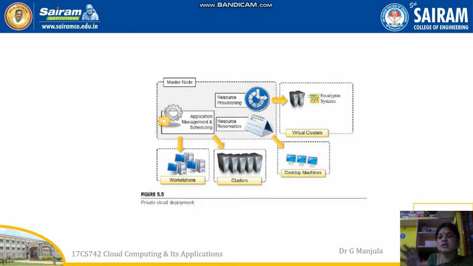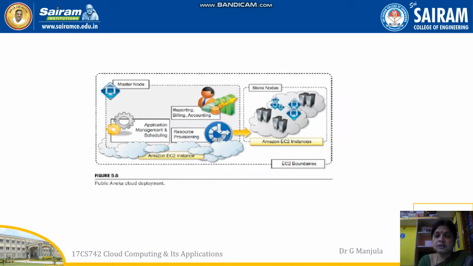The master node has resources, reservations, applications, and provisioning. It also has virtual clusters. Through a third party, it can also access the cluster data. It can also access the desktop machines. So the master is the one who not only knows the slave or worker node information, he also knows how to access the data virtually, or through workstations, or through any clusters, or through any grids. So these are all the knowledge a private cloud must have. This is the infrastructure view. Clear? Yeah. Now that is a private cloud.